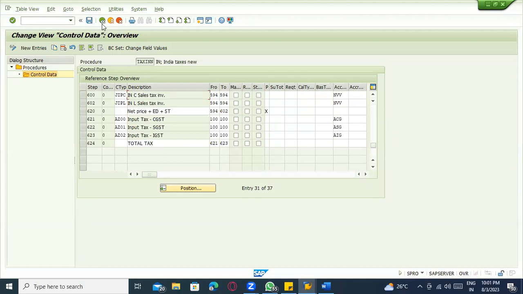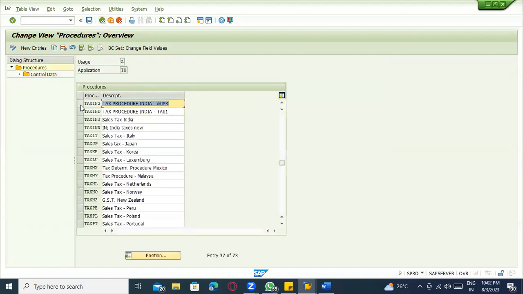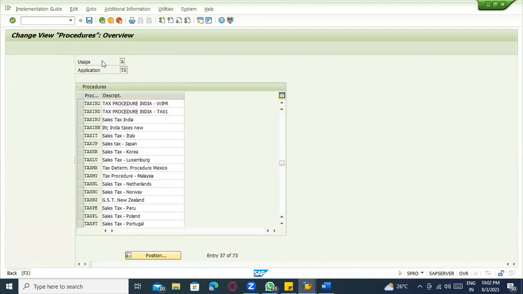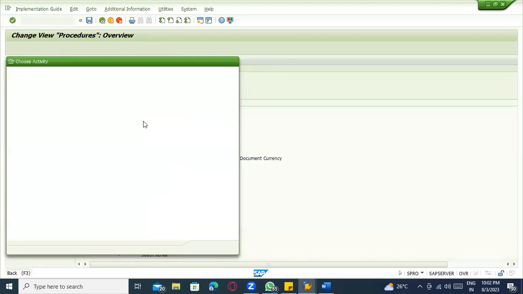We maintain the condition table, the condition record, and the pricing procedure like that. Here also it is the same. We maintain it at the country level; for each country we assign the tax procedure.